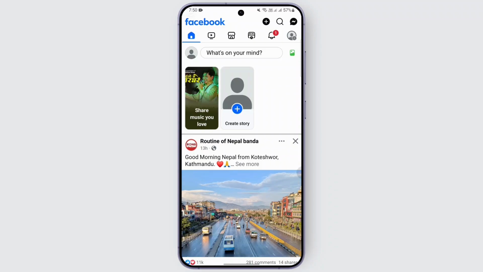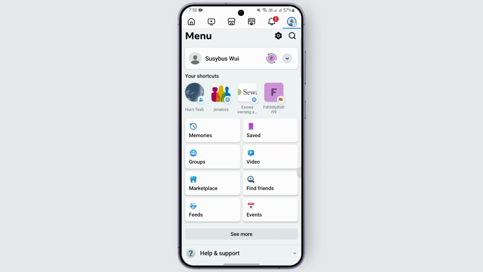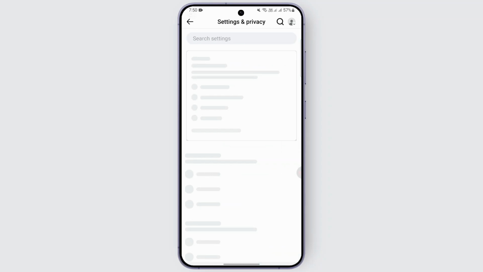So first thing is heading over to Facebook. You can go ahead and log in to your account using the Facebook app. And once you are here on this dashboard, the first thing is heading over to profile at the top right. Once you are here, you can go ahead and tap on the settings and open up the settings and privacy